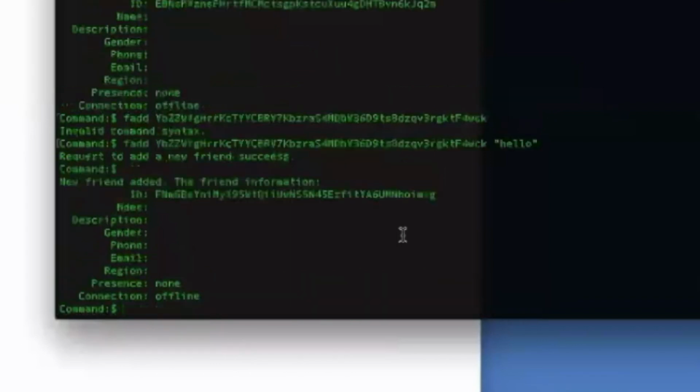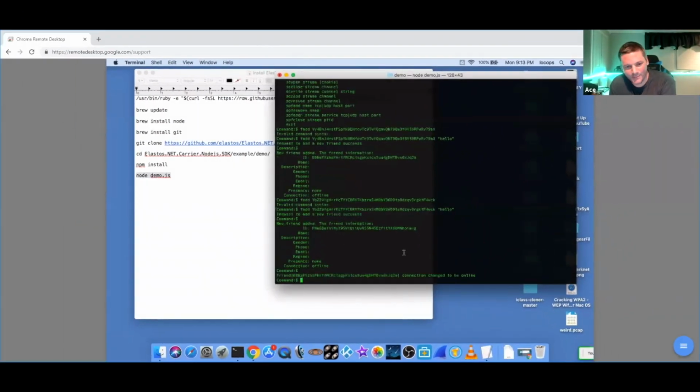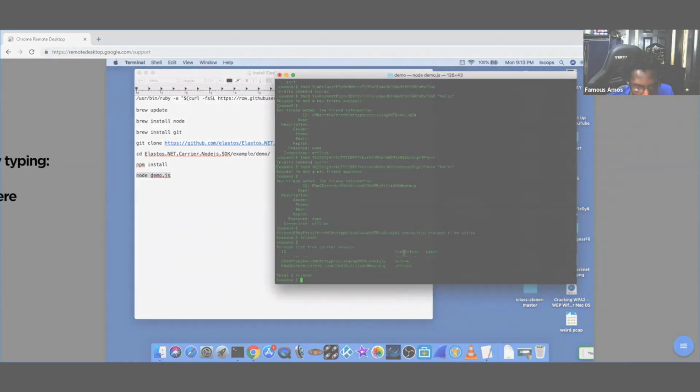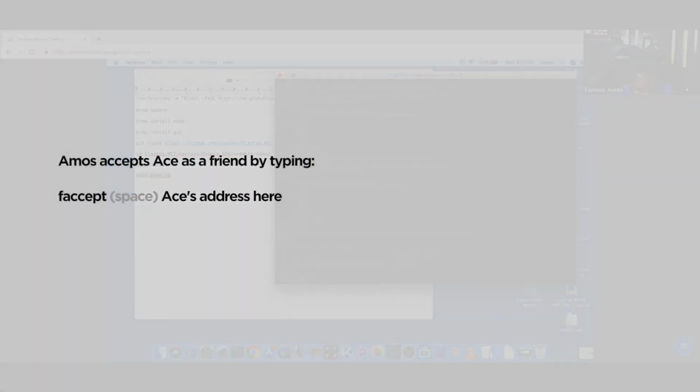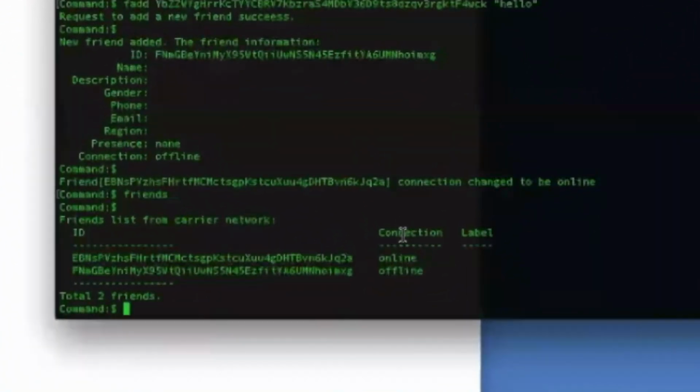All right, so hello. Let me know, Amos, if you get a message that says something along the lines of you have to do friend accept. Oh, I just got one online. That must be Chico. So while we're waiting for Amos. Yeah, I got F accept. F accept space the address. I don't think you have to type anything in a message. I don't think so. But see how it says online? So Chico, were you